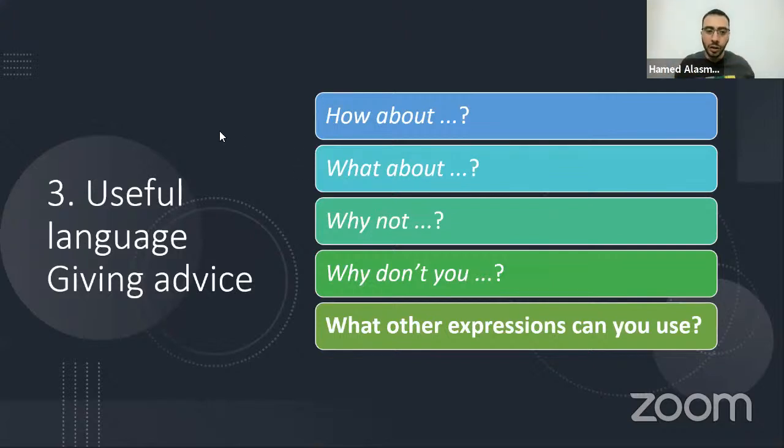So after we have finished the useful language and focused on the pronunciation, the structures, what follows these expressions, and so on, what do you think the coming stage will be? So again, in the chat box, what do you think the coming stage is? We have finished the lead in, listening, useful language. What's next?